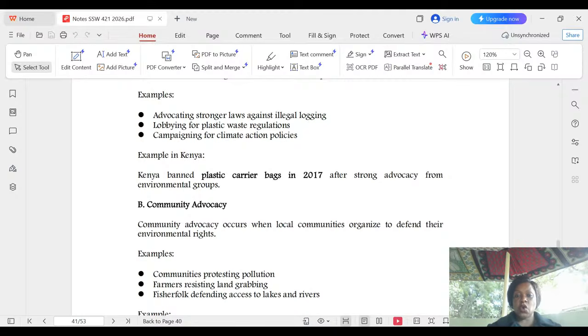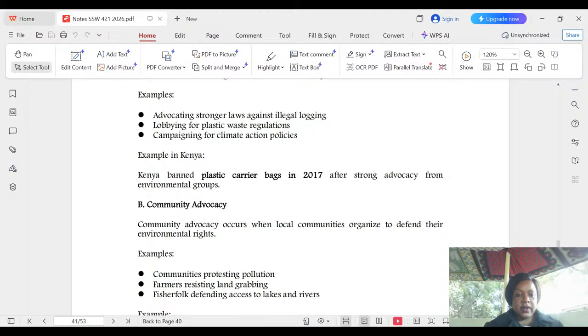Then you'll also be doing community advocacy, advocating for the community. This is when local communities organize to defend their environmental rights. Using your participatory skills, of course, you will support the community and not come in as somebody who knows everything, but support them by linking them to various networks because they already know what they want and need and how they are affected. What they would need is linkages to the networks, knowledge where necessary, perhaps about laws, and support, basically to push for the rights that they want